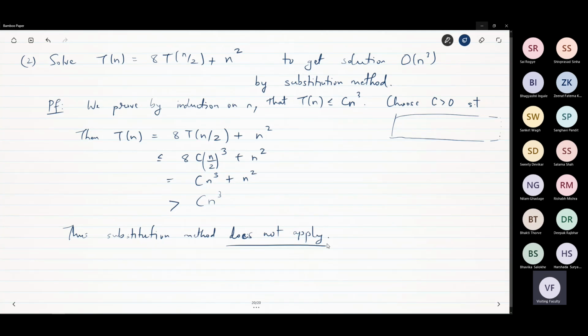The master method also will not always work. For the master method, one of the 3 cases given there should apply. Then the master method works. Otherwise, the master method will not work. The recursion method can work in almost all cases. The recursion method is the one that works more generally in almost all cases. Alright, understood? So we are out of time now.